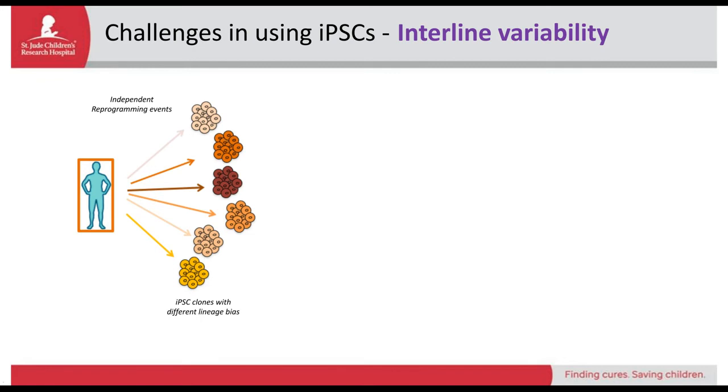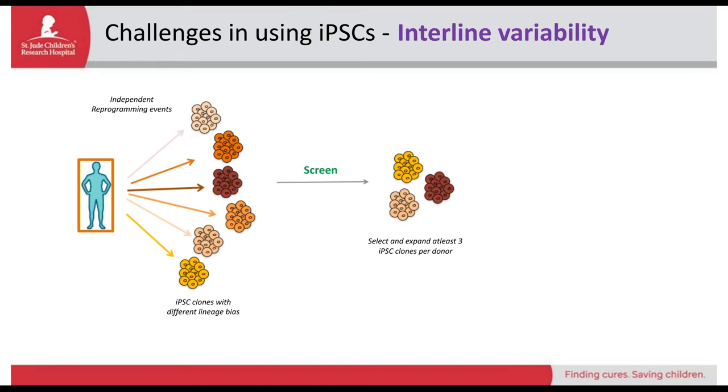Now, eventually, we might be able to optimize and standardize a method of reprogramming that gives us the highest quality iPS lines with complete epigenetic resetting and no lineage bias. However, right now, the most common way to address this variability issue is by screening. So the idea is to generate multiple clones from each donor. So let's say 6 iPS clones from each donor, and then you would